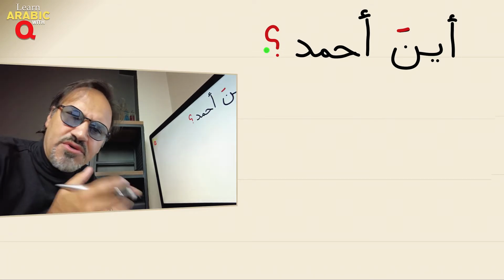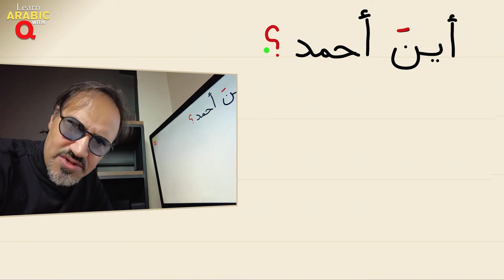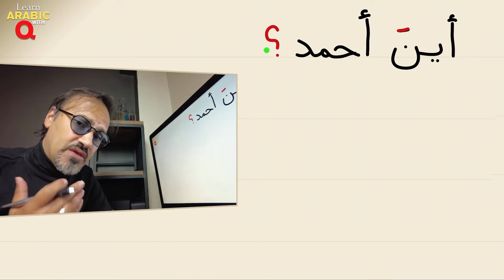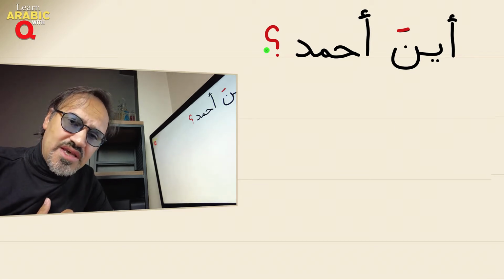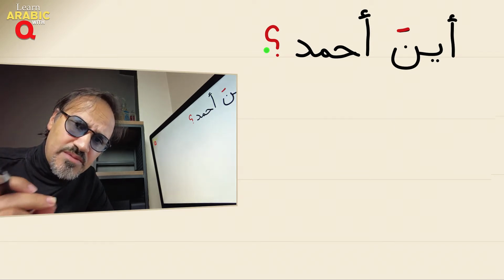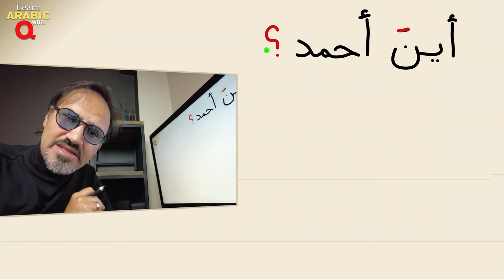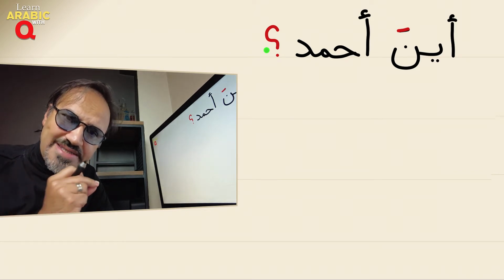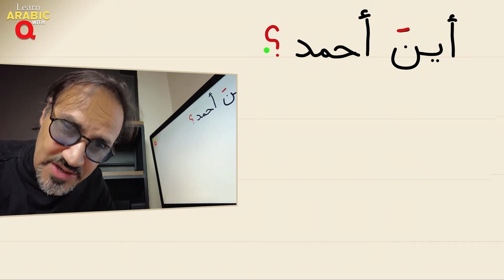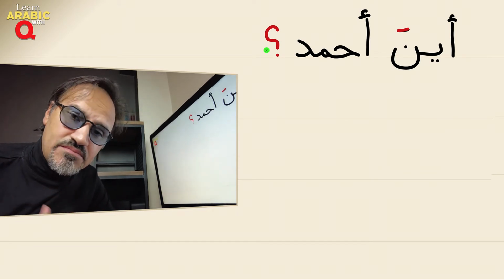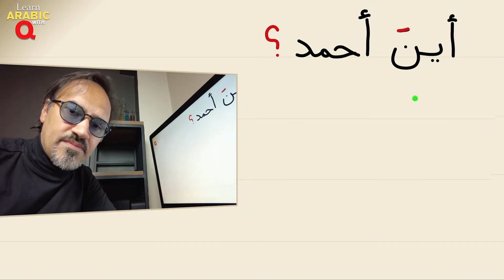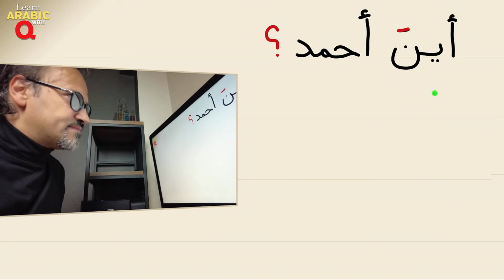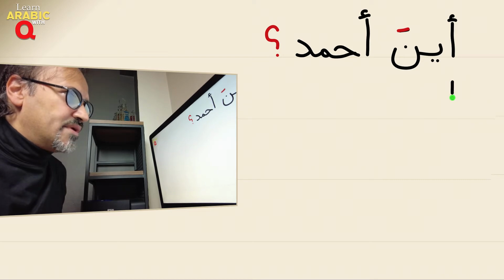Okay, now what's the use of saying where someone is if you can't answer? Now to answer, let's say Ahmed is in the car. So we say Ahmed fi السيارة. Fi means in the. Sayara is car. Now let's write that down. The answer is Ahmed